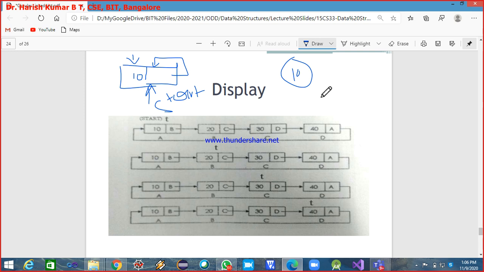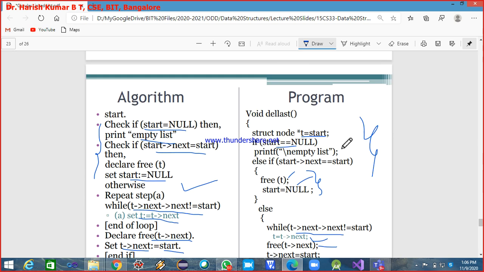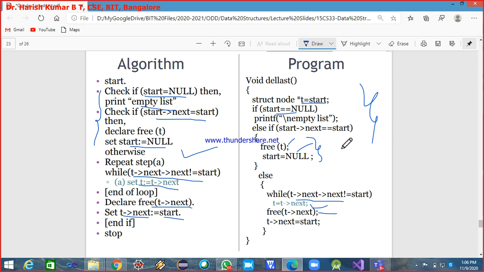Please try. For your reference, I'll show you this. Take this and start doing, but you have to reach till the end of the list.